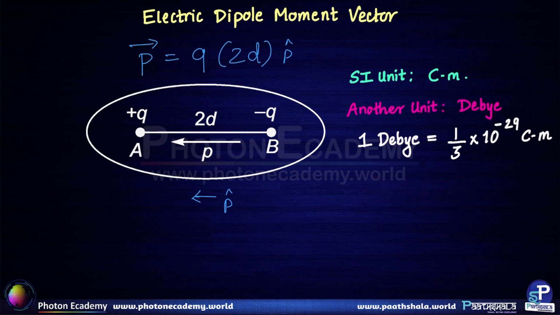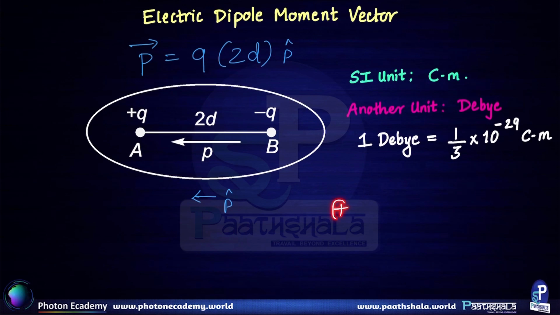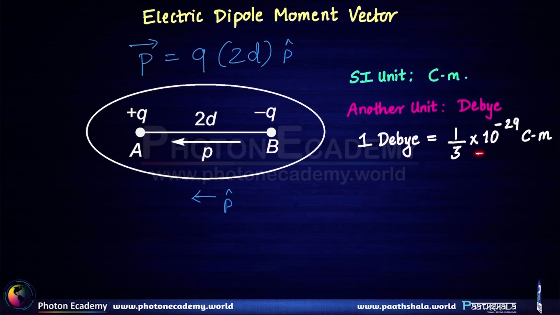Assuming the proton to be a particle and the electron to be a particle, we deal with situations wherein there is a proton over here, there is an electron over here. The distance between them is very small, and hence the dipole moment is going to be pretty small. So we deal with such situations, and that is the reason why we have a very small unit for measuring dipoles in day-to-day terminology. So 1 debye is 1/3 into 10 raised to minus 29 coulomb meter.